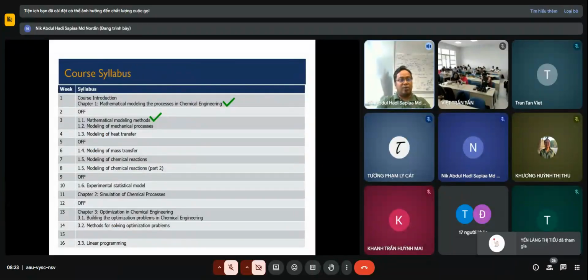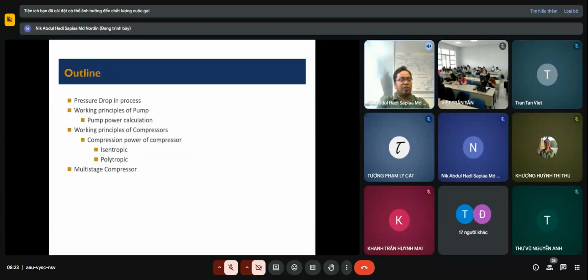Okay, so this is what we have learned so far. And today the focus is on the modeling of the mechanical process. So the outline of today's lecture: the first part we are going to focus on pressure drop in processes. So what is pressure drop and why we need to take this into consideration. Once we understand pressure drop, we are going to move into pumps for liquid transfer, and the modeling will be focused on the